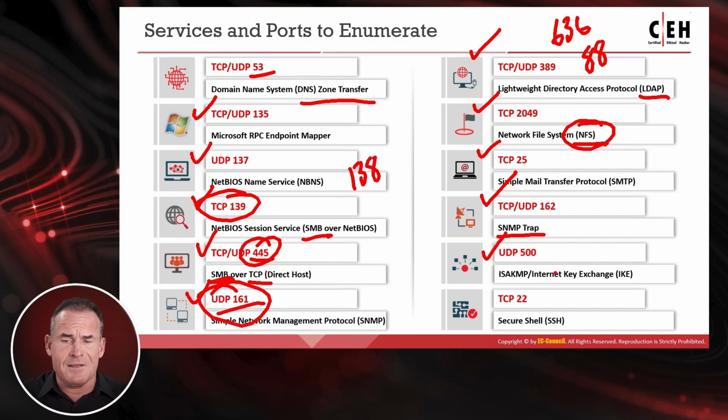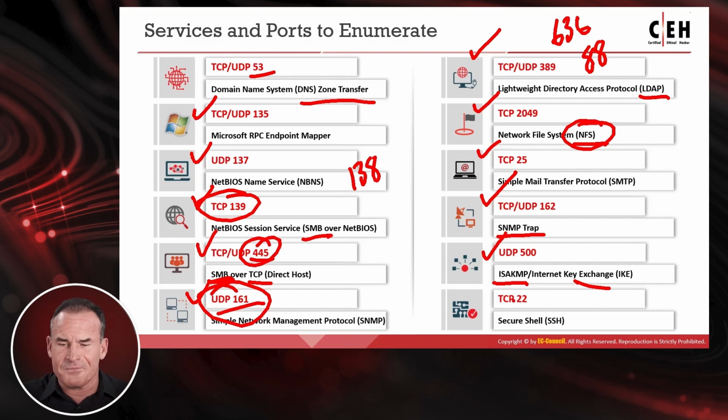UDP 500 is the Internet Security and Key Management Protocol, or Internet Key Exchange. This facilitates the establishment of an IPsec connection primarily. We'll talk more about that when we get into session hijacking. We'll talk more about that when we start talking about different types of transport encryption